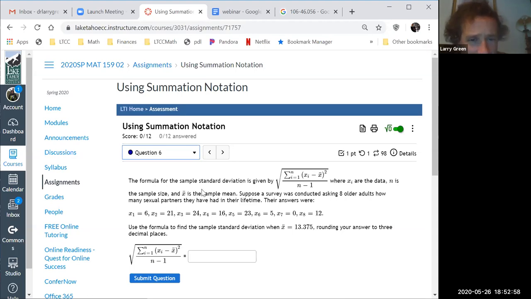All right, we kind of just did this one actually. Not just, but our first question was this one, remember? Do you remember this formula? Y'all have it memorized? Just kidding. But do you remember seeing something that looked messy like this? So we kind of did this one, so maybe I'll jump to 12.